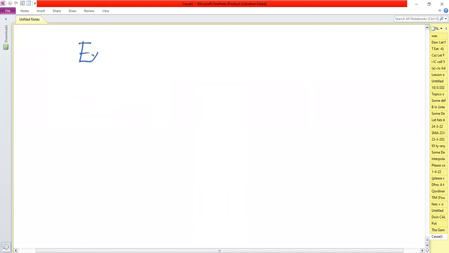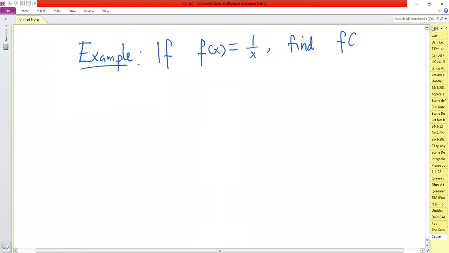So an example: if we have the function f of x given by 1 over x, find the first divided difference of a and b, and the second divided difference of the arguments a, b, and c. This is a good problem. So the first thing that we need to do in the solution is to define